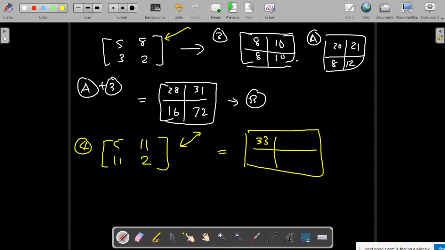So 28 plus 5, it is 33. 31 plus 11, it is 42. 16 plus 11, it is 27. 22 plus 2, it is 24. This is the resultant matrix we get.